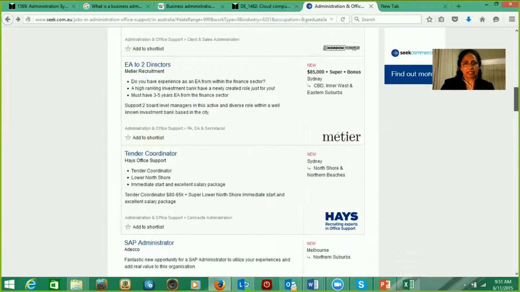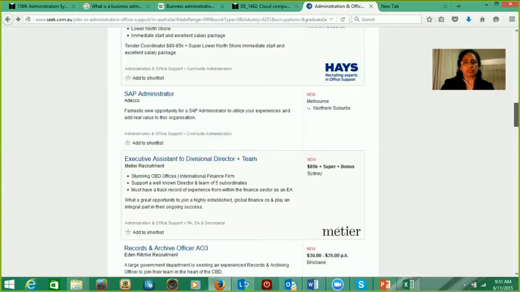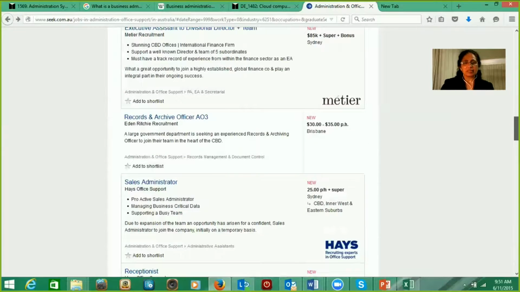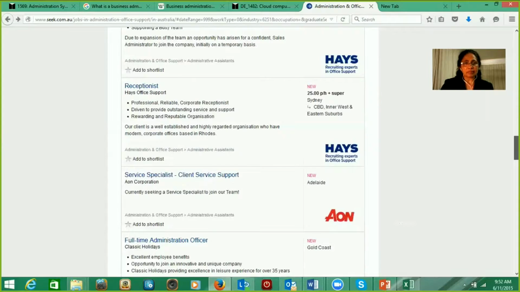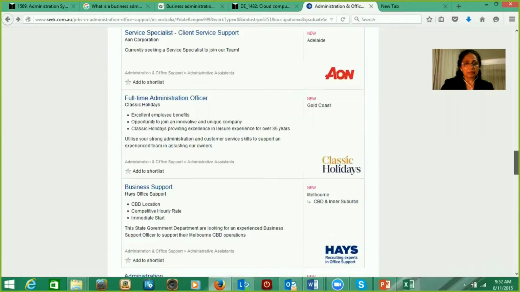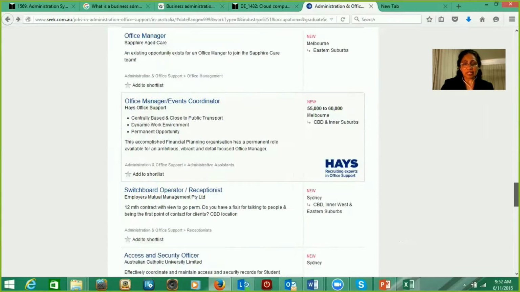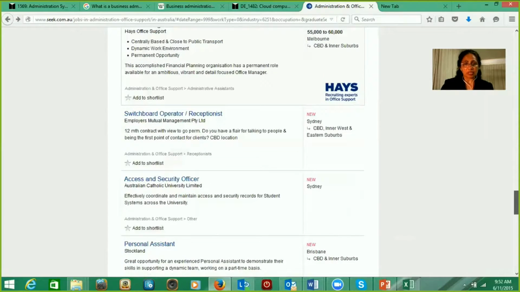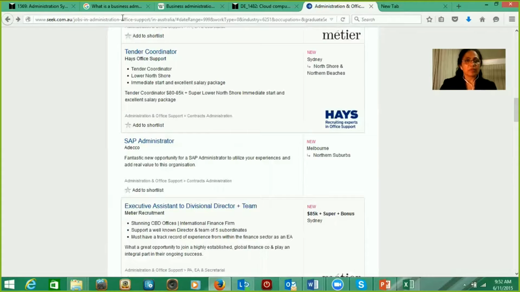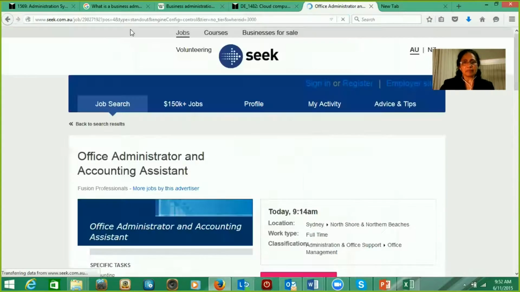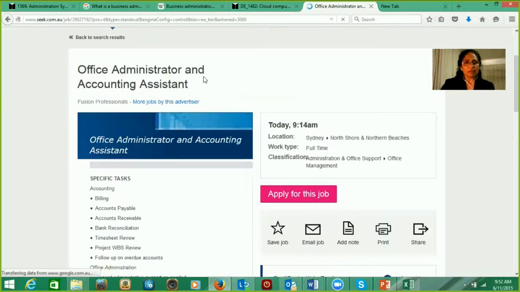This is saying executive assistant, executive or tender or sub administrator. Sub is a different package, don't worry. Sales administrator, and it says business support. There are some salaries also given for certain jobs, okay? And you could see a number of jobs there. So what I'm going to do is use this specific website to find out about office administrator